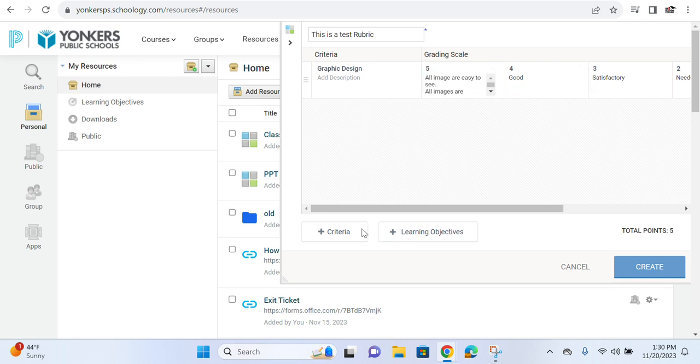Then if I would like to add more criteria, let's just say I'm going to add for the presentation part. Okay, and I want it to start at 5. So I'm going to go ahead and give a description of what that looks like. Getting a 5 for the presentation. So I can say student addressed the audience. Student was